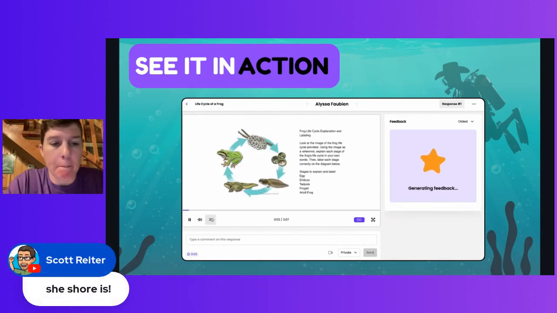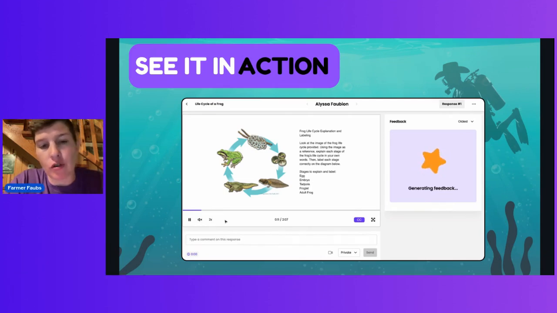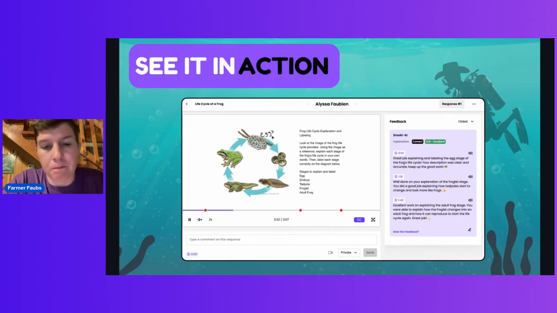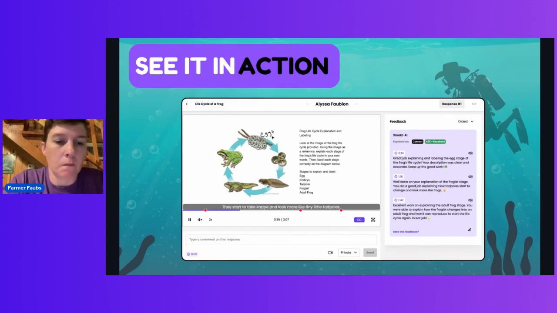Look at the image of the frog life cycle provided. Using the image as a reference, explain each. I'm gonna go really quick. This is what you're seeing as a student, but this is also what you're seeing as a teacher. I can go in and see the student explaining. You can see the student writing on the page as well, and see when they write on the page. And so these little marks right here are just really, really cool because this is the feedback that I